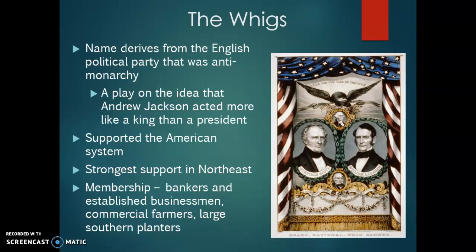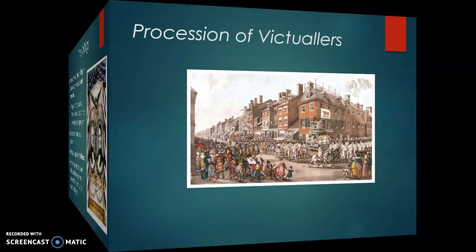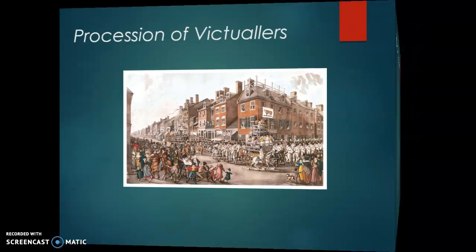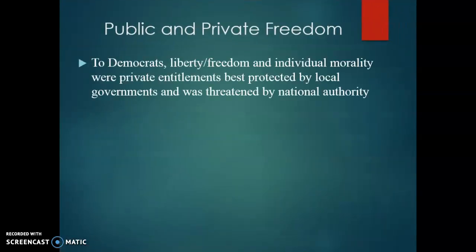They had strong support in the Northeast. That makes sense. This is where the Industrial Revolution is occurring in that area. And these were usually the upper classes here. But even here you see the Democrats, when we say they had some roots in the South, at this point it's also the large Southern planters. This was more the upper class political party here. And you can see some of the images here, political parties, that sort of thing.